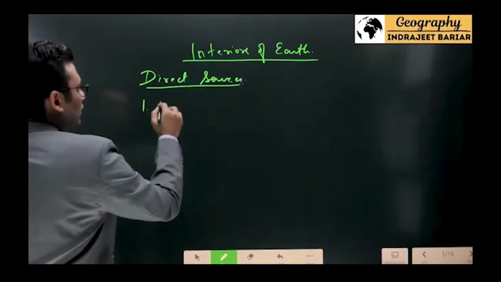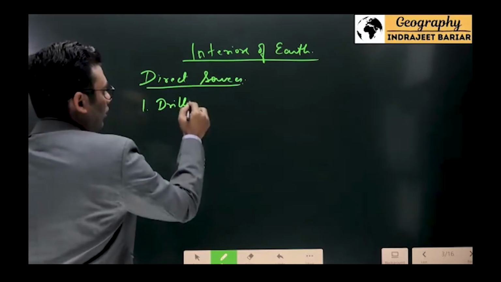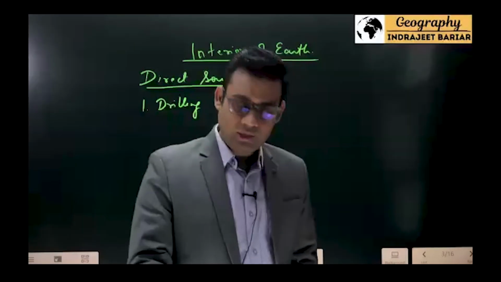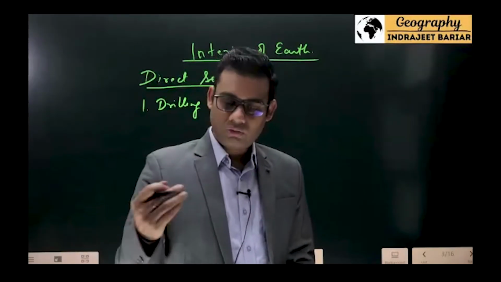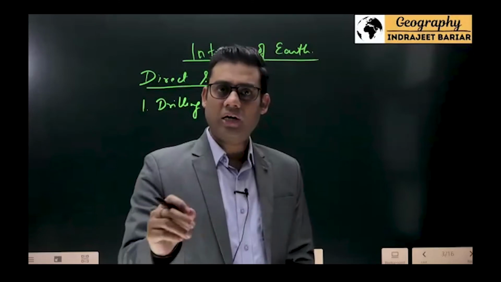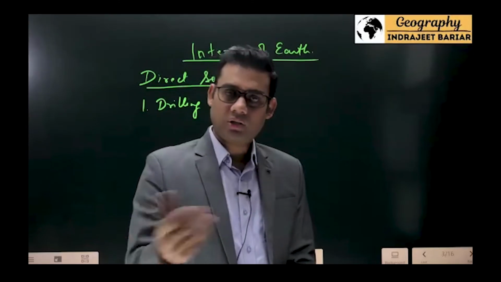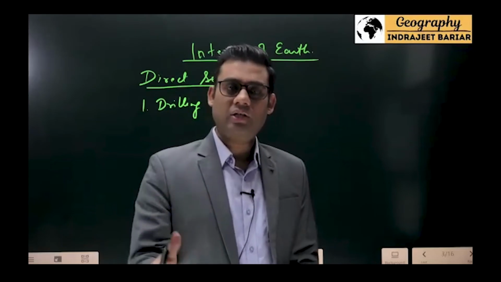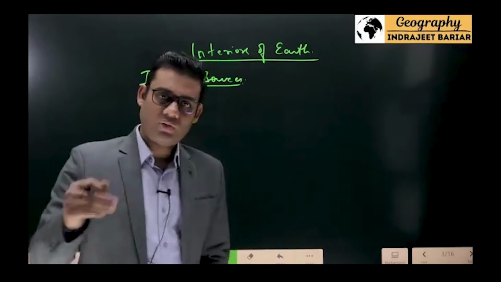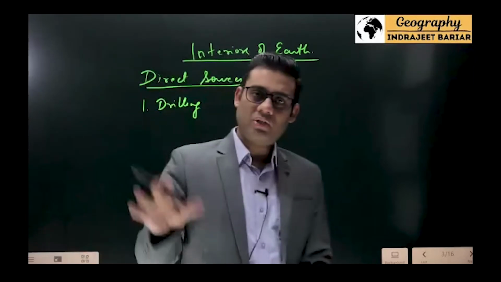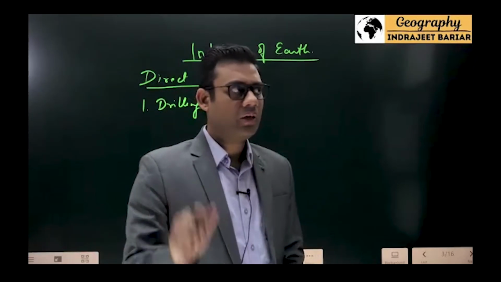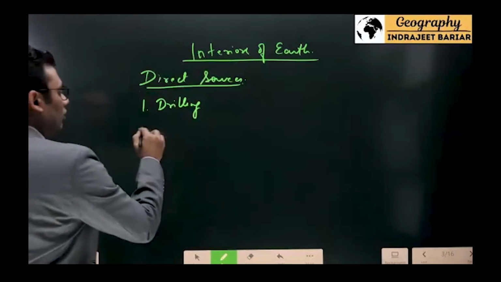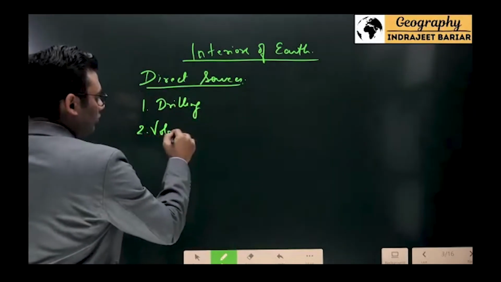would be including, let's say, for example, drilling. So you are drilling the earth, and in the interiors with the drill, you can very easily figure out, directly observe the rocks, their properties, the temperature, the pressure, the density of the rocks which are there. So it's where you drill the earth and you observe it directly. That's the direct evidence. Apart from drilling, you can have volcanic eruption.